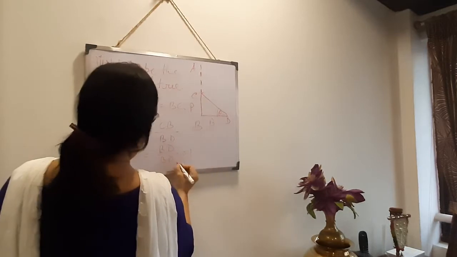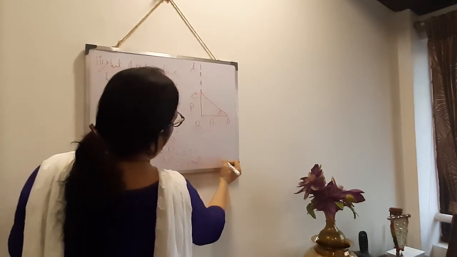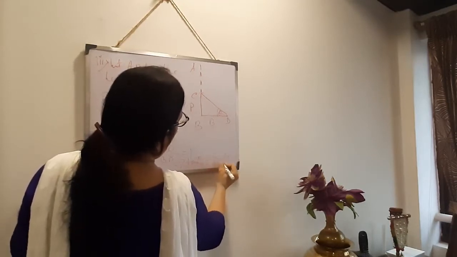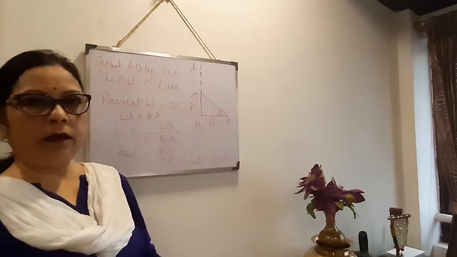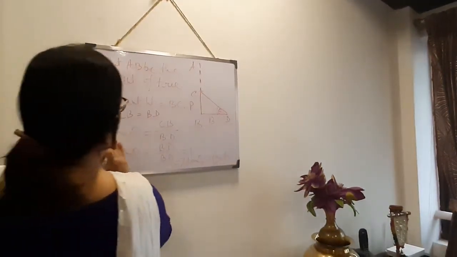It is coming 1. So tan theta means tan 45, 1 means tan 45. So the angle is becoming 45 degree. Clear? Now next one, number 4. It is interesting. See.